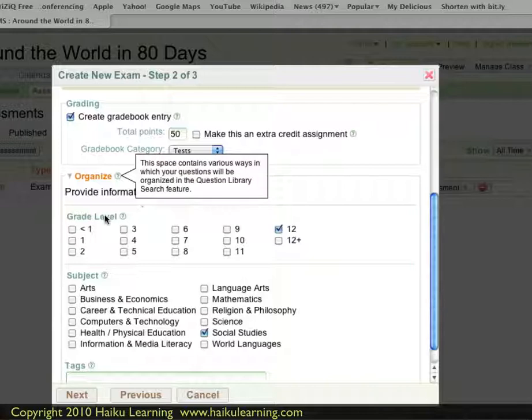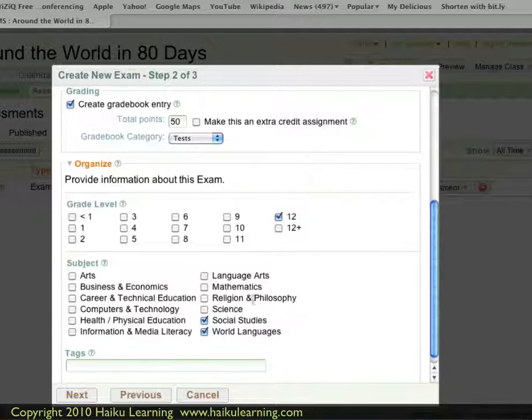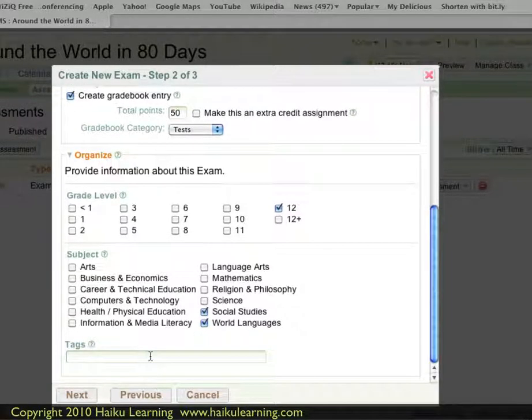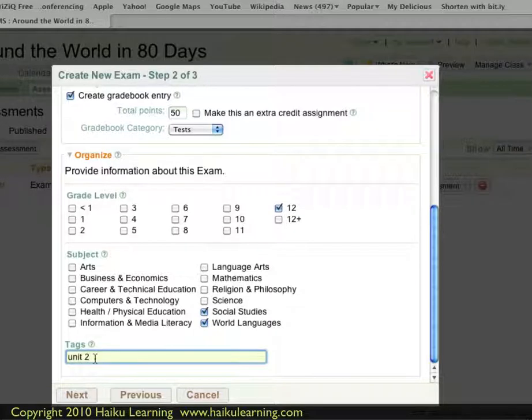So this particular exam, I'm going to go ahead and leave it at grade level 12. It's going to be an upper level exam. The subject is going to be social studies, and I may also throw in some other questions too, different topics. And then I can add tags. And again, if I click this small question mark, Haiku tells me what this actually means. So it's just a way for me to add information about this particular exam. So I'll just call it Unit 2, for example. Now I'm going to move on to the next step,